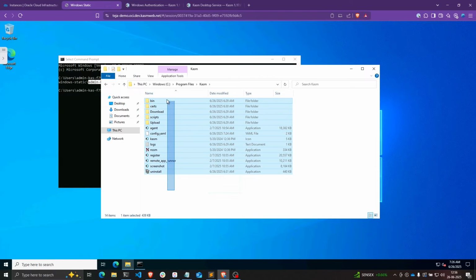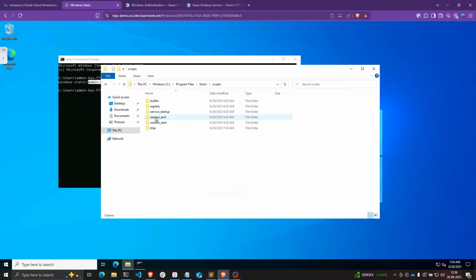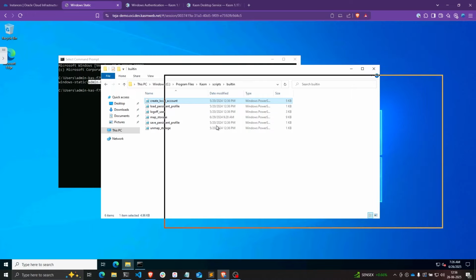So if I go to my file explorer, go to Local Disk C, Program Files, Kasm. Here is the directory where the Kasm desktop service is installed. And if you go to your scripts folder, you will find a folder that says built-in. This is the built-in scripts that I was talking about earlier. If you go inside it, you can see the pre-installed scripts. As I said, the first script, which is create_local_account.ps1, is the script that gets executed for this authentication